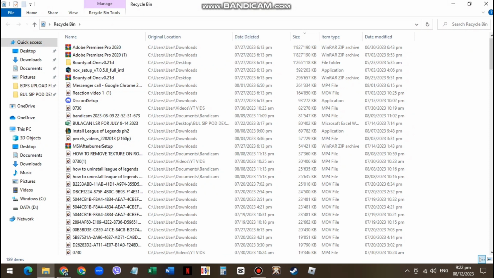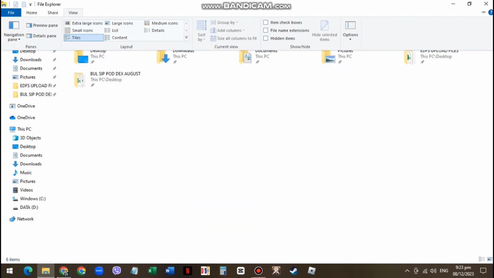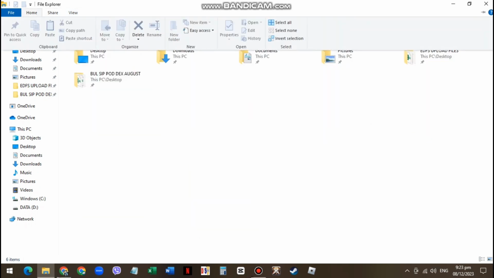If you still aren't able to find it, then go and open up your File Explorer, and beside the View section there will be three dots. Click on it, click on Options and click View. Under Hidden files and folders, click Show hidden files, folders and drives, and that specific folder will be visible